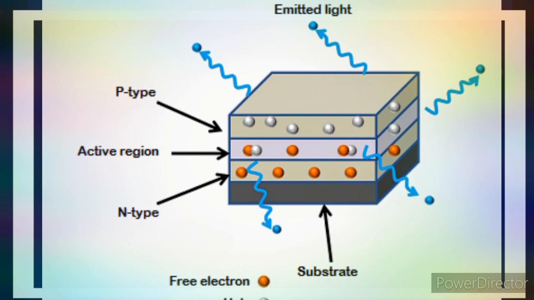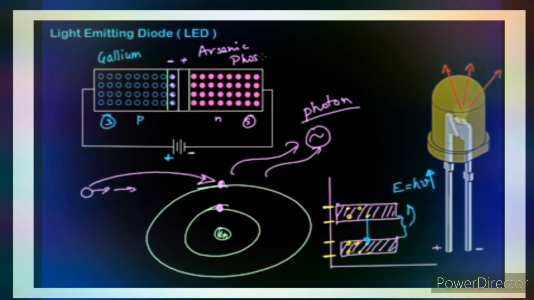When the LED is forward biased, free electrons from the n-type semiconductor and holes from the p-type semiconductor are pushed towards the active region. When free electrons from the n side and holes from the p side recombine with the opposite charge carriers in the active region, an invisible or visible light is emitted. In an LED, most charge carriers recombine at the active region, therefore most of the light is emitted by the active region. This active region is also called the depletion region.